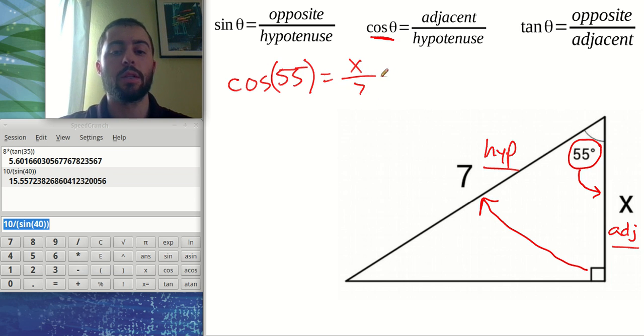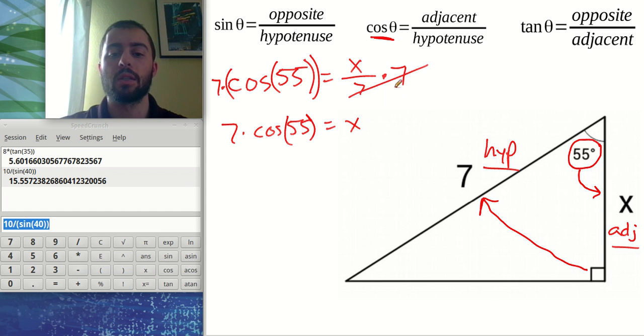If we want to solve this, we can get x by itself by getting rid of this 7 over here. We'll do its inverse, which would be multiplication. Again, same thing to both sides. So 7 times cosine of 55 would give us x. Again, 7 will cancel out with 7 here because we did the inverse. So 7 times cosine 55